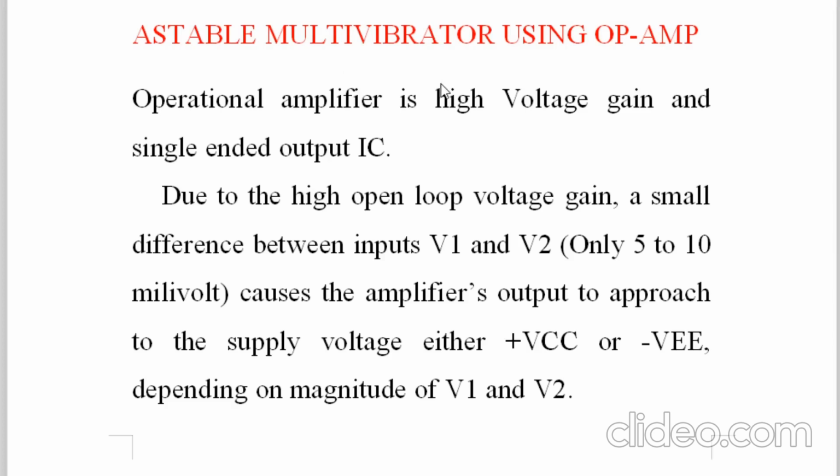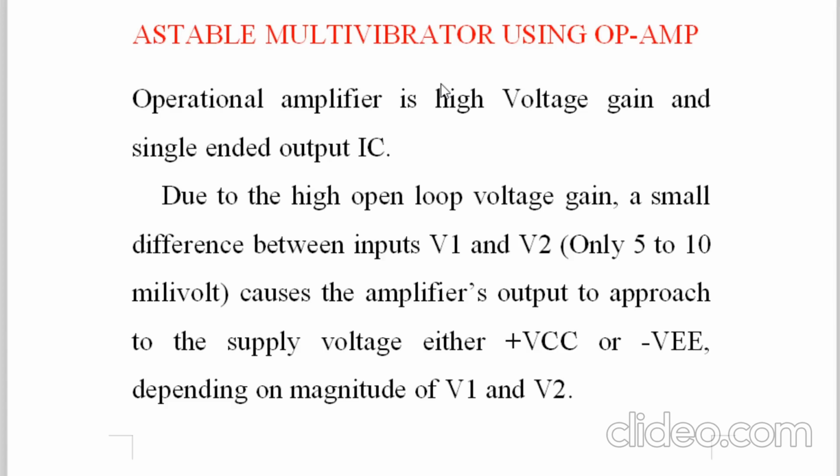In case of an astable multivibrator, if there is a square wave at the output, then in the square wave there is a high voltage level, that is logic 1. In the square wave there is also a low voltage level, that is logic 0. But in case of an astable multivibrator, neither HVL is permanent nor LVL is permanent. Sometimes HVL is there and sometimes LVL is there. In this way, an astable multivibrator generates the square wave.